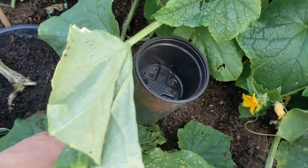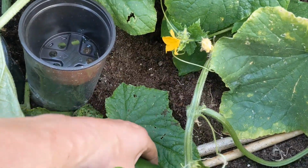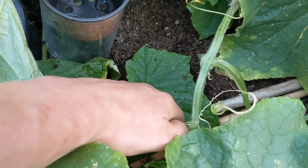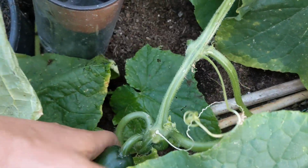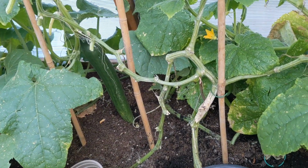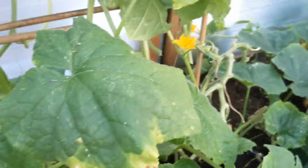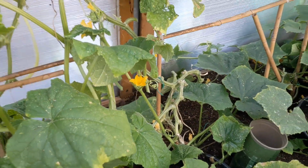I'll take this big one and take him off as well. So we've got two for the kids. They love the cucumbers, my lads. Love them. Will it twist off? Should do. I think there's another one there, but they're still coming. They're still getting blooms on as well. From the blossom comes the fruit